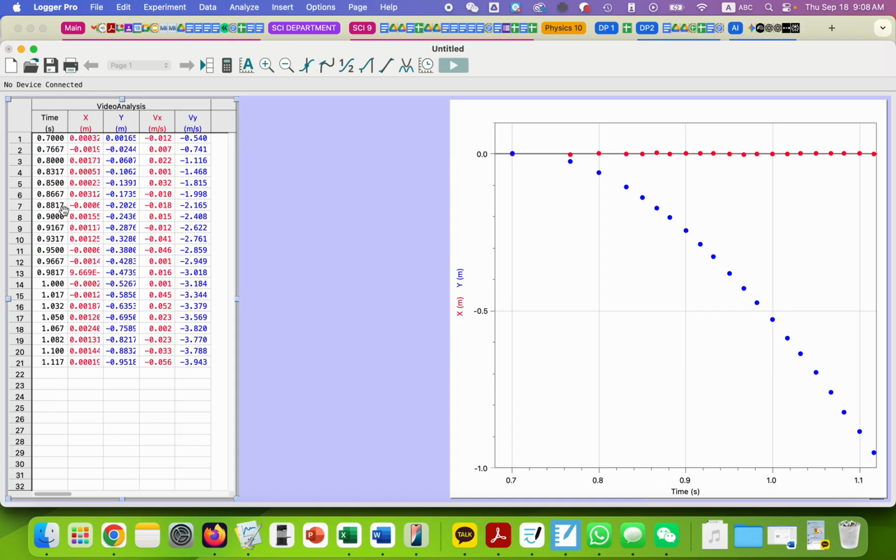You can see that we've collected time data, which is based on the timestamp of the video. So you can see that the frame rate is about 0.06 of a second, okay, which I'm not 100% sure. I'm just doing the math really